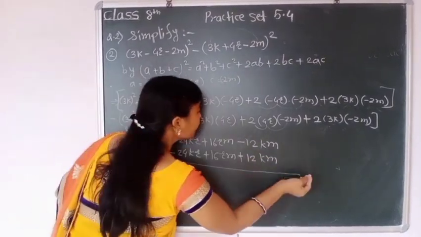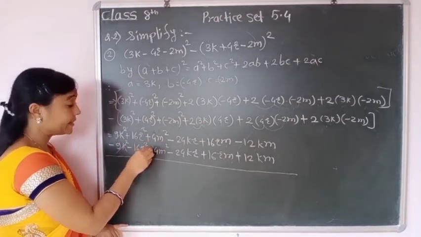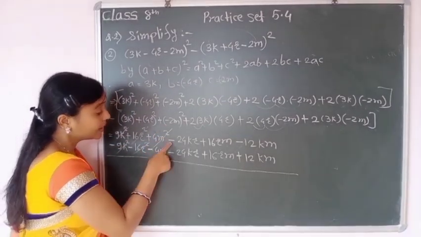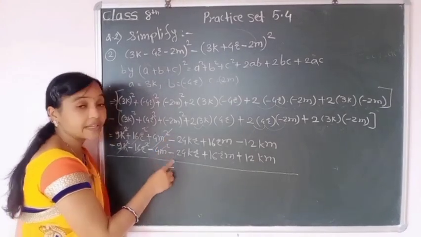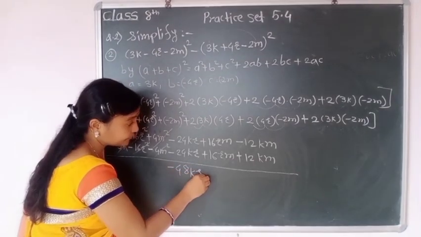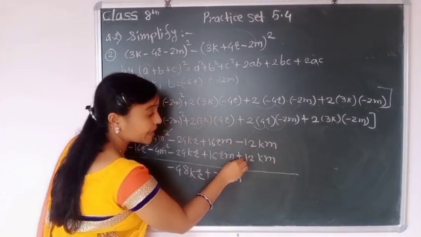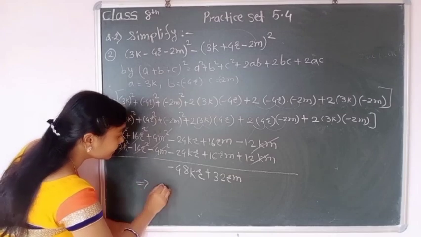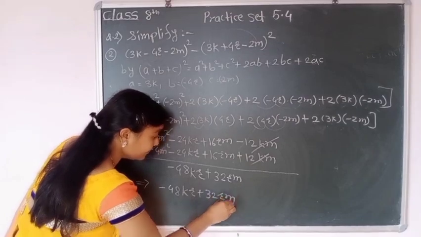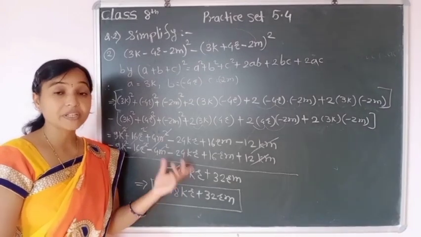And then you solve the subtraction. Plus minus minus, so it is 0. Plus minus minus, so also this is cancelled. Plus minus minus, so these are also cancelled. Here is the same sign, so we write down minus minus plus, but sign is minus: 24 plus 24 is 48 kr, plus plus plus 16 plus 16 is 32 rm. Plus minus cancel. So what is our answer? Minus 48 kr plus 32 rm. This is our answer. In this example, you use the previous method also.